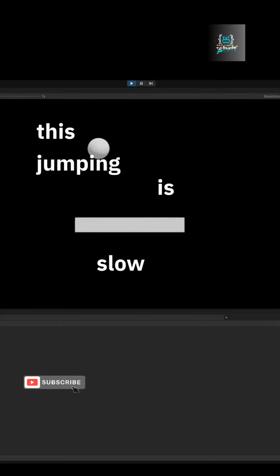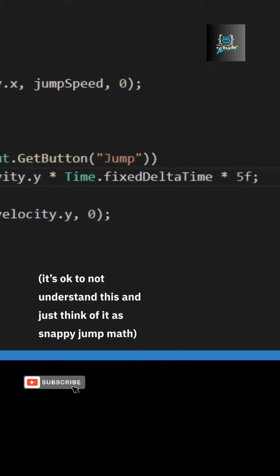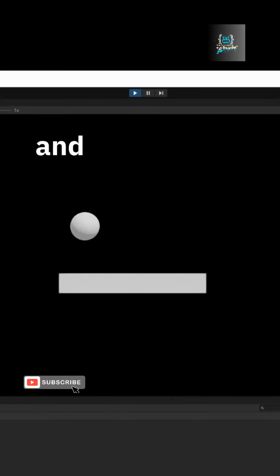Is that it? No, this jumping is slow and sluggish. We want it to be snappy. We'll do that with this code. In this line, we apply way more gravity, but we only want to do that midway through the jump or if we're not pressing the jump key. Let's try it. Wow, snappy. And in part 5, you